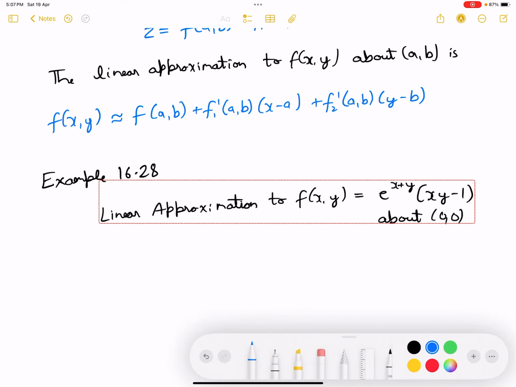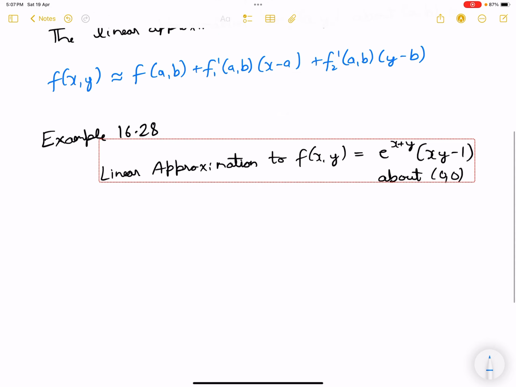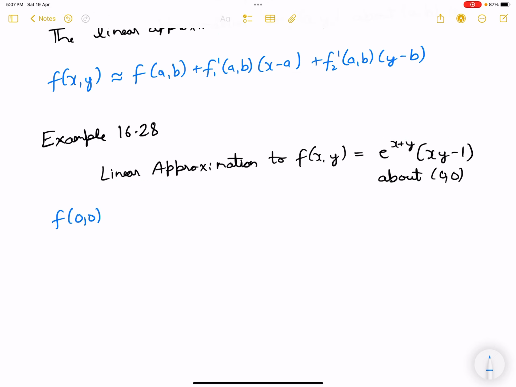So we know using this formula, we need to find f(0,0) first. f(0,0) is e to the power 0 times (0 minus 1), which is minus 1. So f(0,0) comes out to be minus 1. Now f1'(x,y) would be